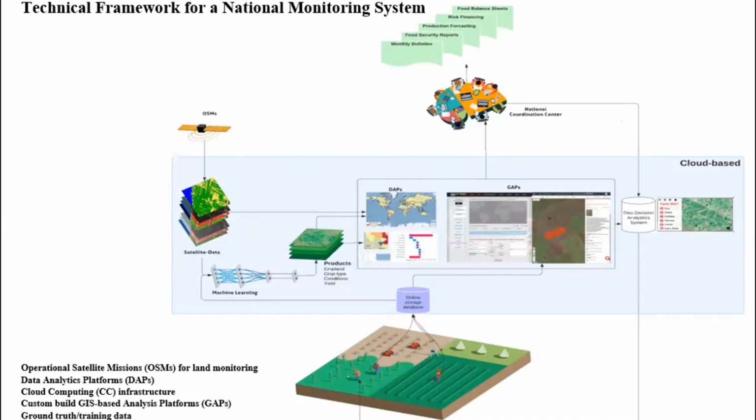Satellites, analyze them, get products, put them in a place where they can be visualized, make it easy for someone to get insights, summaries that they then put in these reports that's all the way at the top. So I'm going to give an example from one crop,